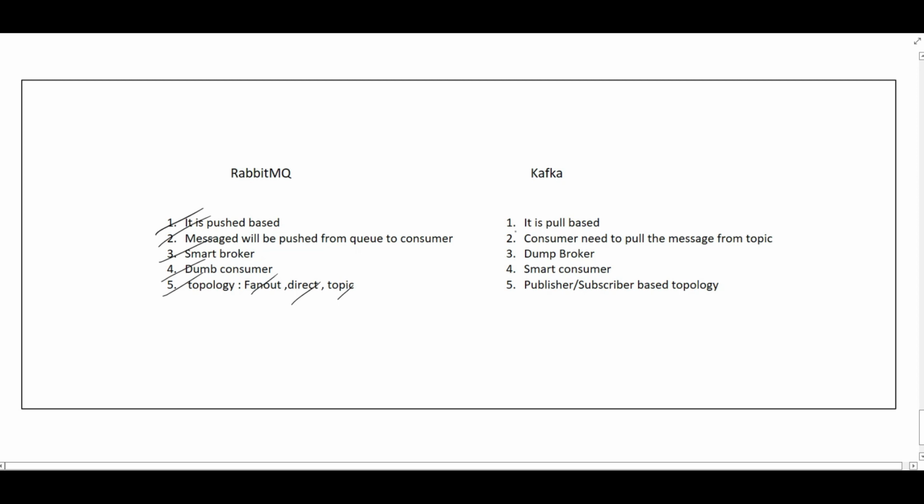And Kafka is a pull-based mechanism because the consumer has to pull the messages from the partitions according to the offset. That's why I have mentioned it's a pull-based mechanism: the message needs to be pulled from the topic, on the particular partition and offset. The broker is dumb because it is not pushing the message to the consumer, and the consumer is smart because it is able to retrieve the message. The topology is a kind of publisher-subscriber topology. So this is all about the